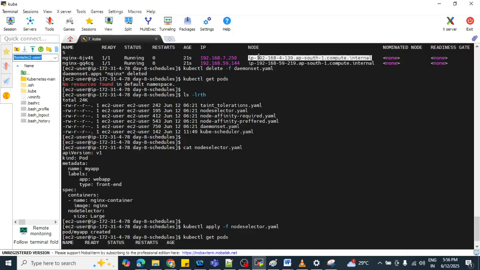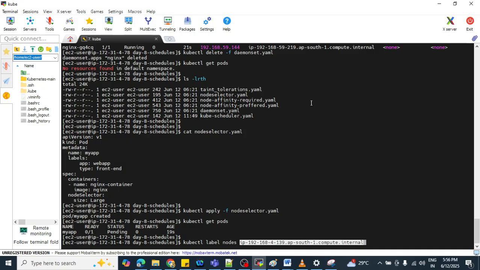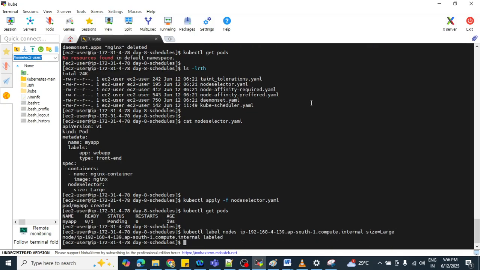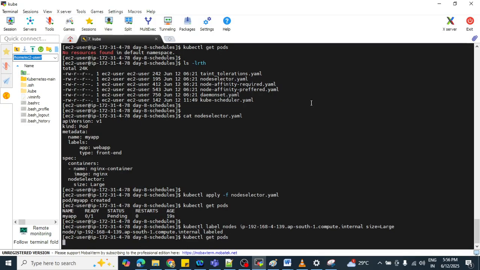Then the particular node you want to mark with size is equal to large. Suppose I want to mark this one. After that you need to mention size is equal to large. So we are marking our node as size is equal to large. Now try to execute this command.